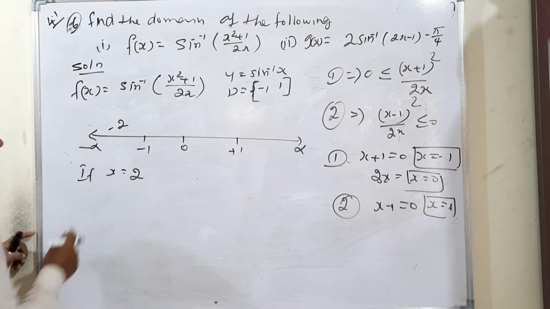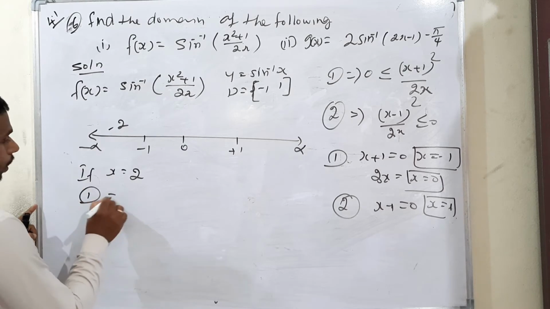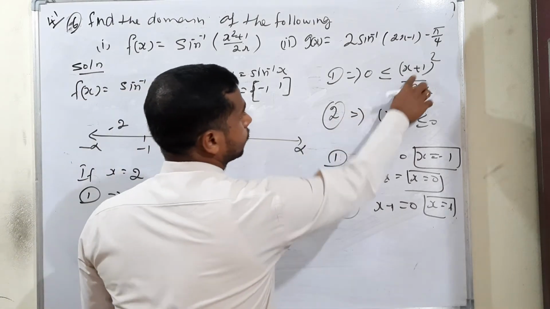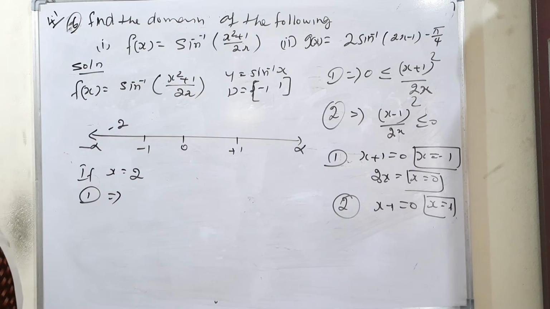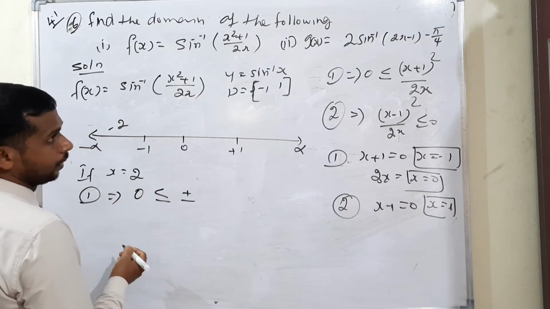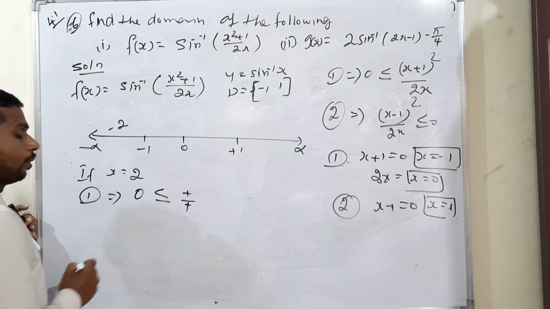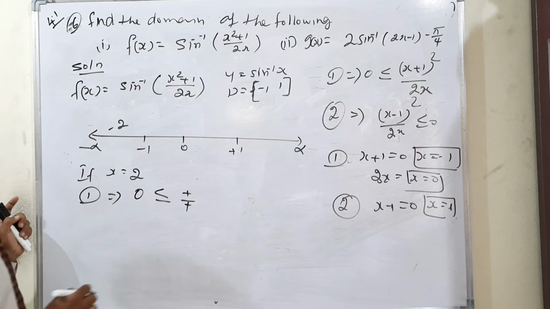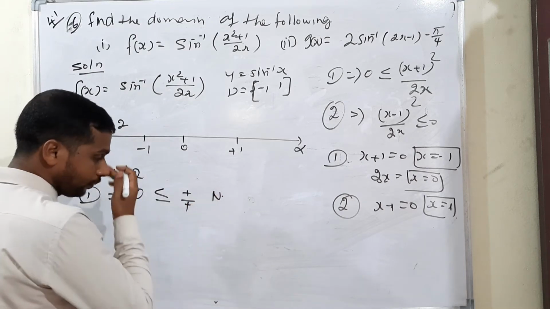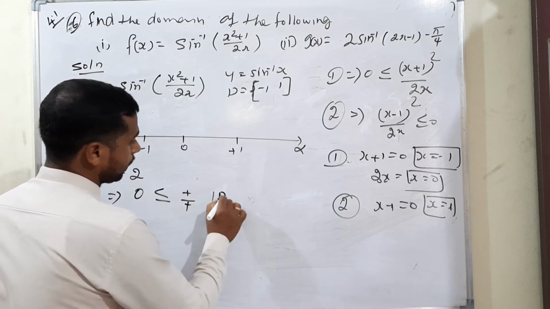If x is equal to positive 2, what will happen? X is equal to positive 2 means, so case number 1, positive 2 plus 1 is equal to 3. 3 the whole square means 9. Definitely 0 less than or equal to positive divided by again positive, no? Here also positive will come. So, 0 less than is there. So, definitely the first case is possible, we can write it. But second case